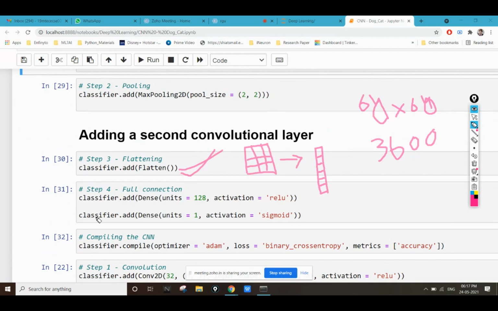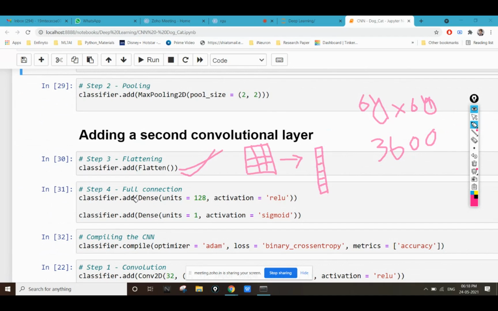Now I have to connect it with a neural network. For this connection, I am using a hidden layer. This convolution will just select different types of shapes and sizes, but the guessing part, where I have to decide which category this particular feature belongs to, that decision making will be done only by the neural network.